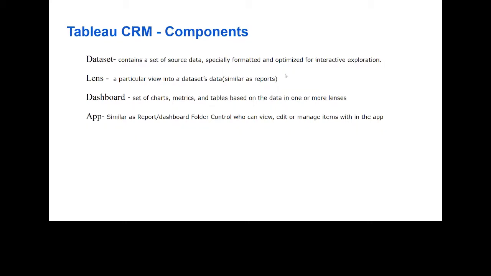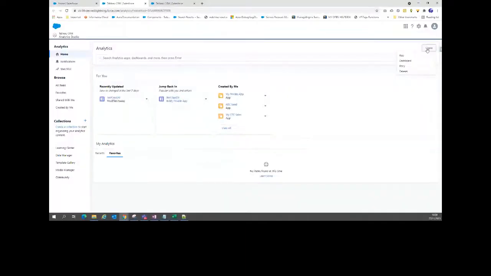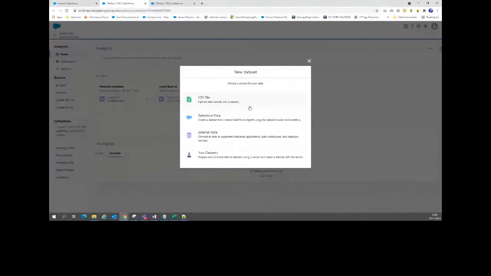A data set is formatted for interactive purposes, or for how you can visualize it. When I say that, it's nothing but get data. For example, now you can see how to get data simply. If I click on create in this platform, if somebody gives you data in an Excel sheet or CSV file, you can